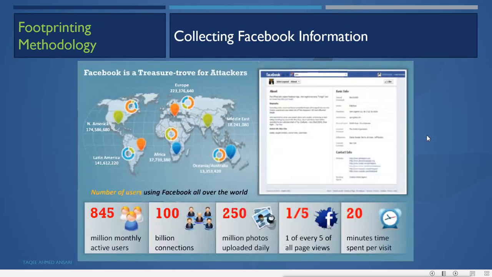So you can collect the information from these social networking sites like Facebook, where you have these activities, these numbers of users are there. You can see the detail here. You can just make friends and go to the profile of the friend and see the other information. You will get the contact information, you will get the friends and family information, you will get the location information, you will even get the mobile number also.